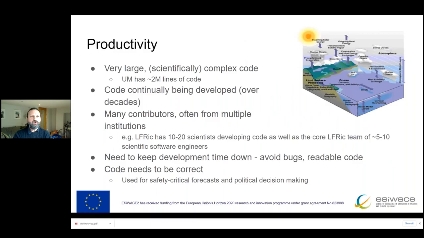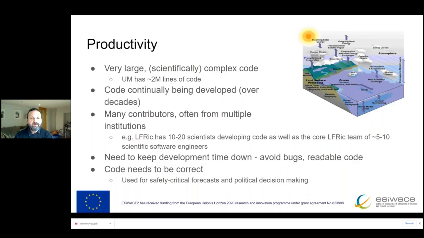So if we go on to productivity, these models are very large and very complex. The Unified Model, which is the Met Office's current system, has around 2 million lines of code. And that's not a static thing. The code continues to be developed over time, over years, over decades. It's not developed by just one person, obviously. It's many people in the institution, but also many people from different institutions. And even LFRic, which is the next generation model that is hopefully going to replace the Unified Model, and you'll hear a lot more about that over the week,